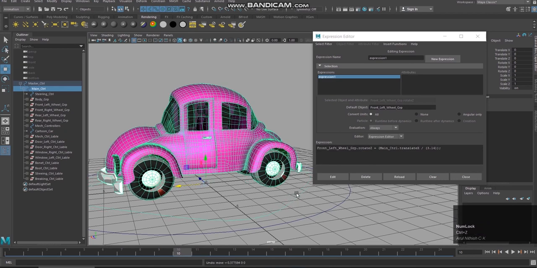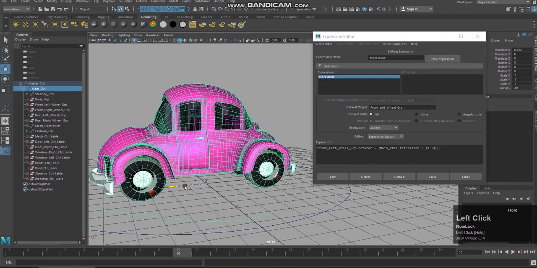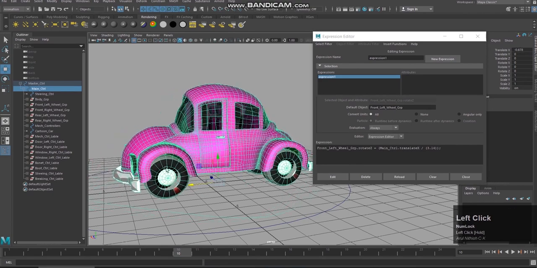Okay, so these things are by default inbuilt in Maya. So we cannot find what the coding is, that is a part of the developing team of Maya. Okay, so we should define or connect how many rotations should happen per movement. Okay, so I will just give edit and let us check again. See, still it is not happening, the rotation is not happening.